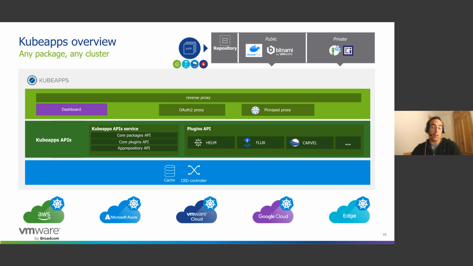authentication. We have the dashboard, that is a key element to simplify the user experience and to use a user interface to deploy applications in Kubernetes. And Kubeapps also provides an API, a complete API, to manage the different packaging types. And we'll go further, of course, with a cache system and CRD controllers. Let me